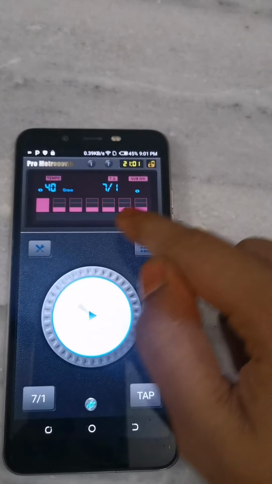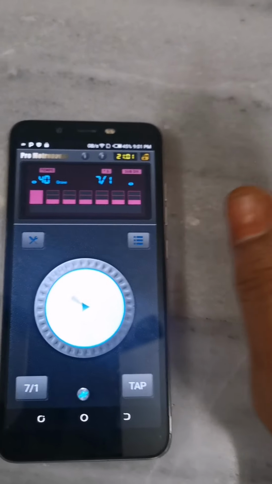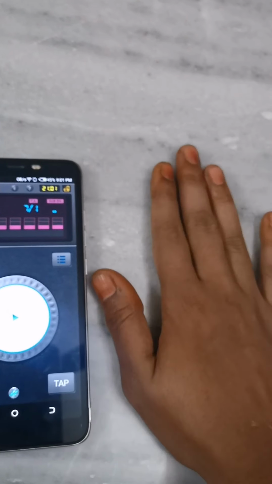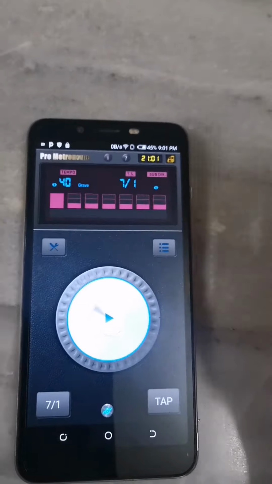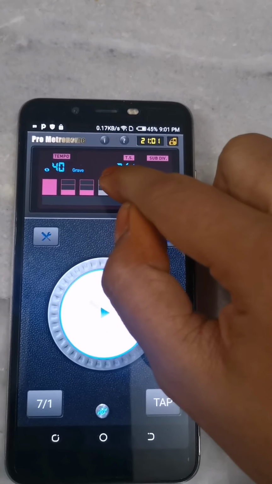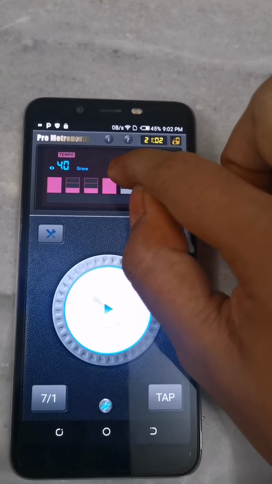Increased. Now wherever we are getting talam, we have to fill the bars. So 1 2 3. So in 1 we are getting, and then 4 5 6 7. So in 4 and 6 we are getting. So 1 2 3 4, at 4 we have to fill the bar by clicking on that.